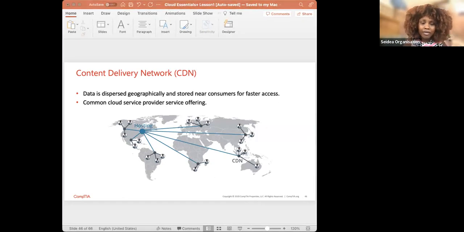Also, the usage: it streamlines the access for users by enhancing loading times and improving the user experience. From a cloud service provider perspective, many cloud providers can offer a CDN as part of their service package. So CDN is content delivery network, and it's data that is dispersed geographically and stored near consumers, again, increasing the faster access. If we go back to the previous point when I talked about hot or cold storages, content delivery network would fall under a